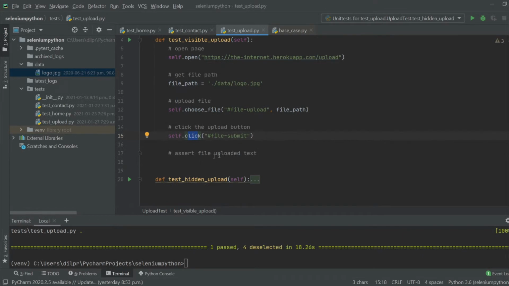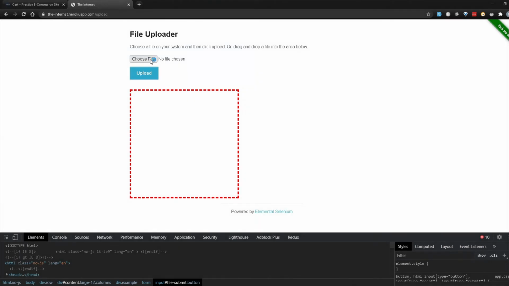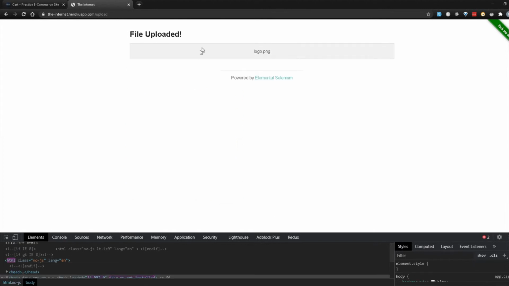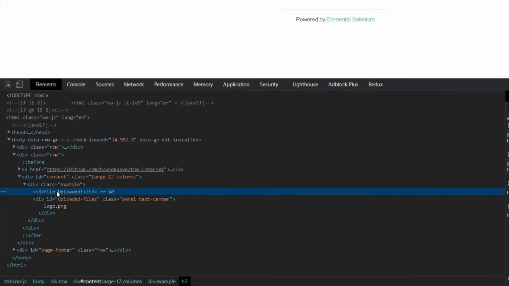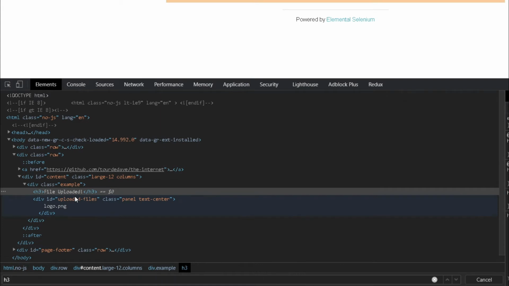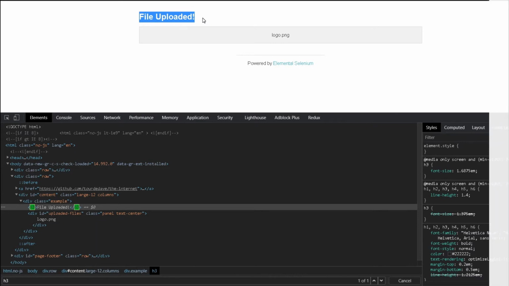So for our final part, we need to assert that a file is uploaded successfully. So let's jump back to Chrome quickly again and take a look at the assertion that we will need to implement. So here I'm going to upload the file again quickly. And then I'm going to click on the upload button. So this is the text we need to verify, right? So let's take a look at the actual element for that particular text. This one is an H3. If I search for this H3, let's see if that is unique. Yeah, that is. So we're going to use the H3 tag over here. And the text we're going to verify is the file uploaded text. So I will just copy that.